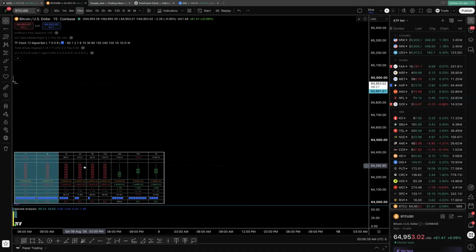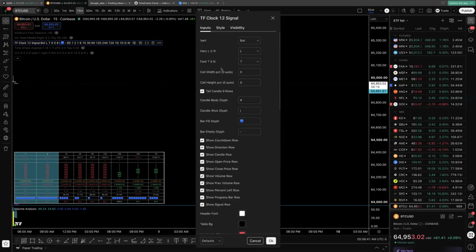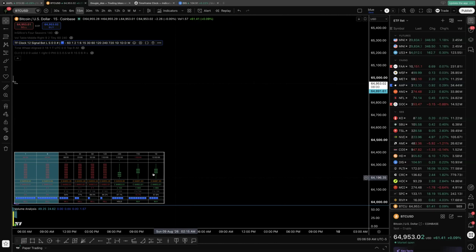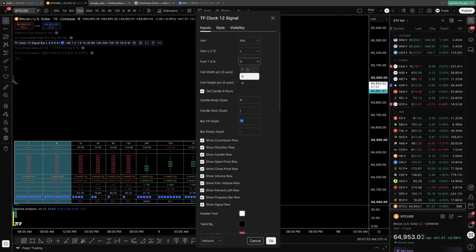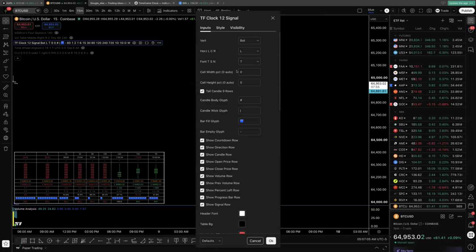But pretty much if I go to the settings, right, you can move it anywhere. So top, bottom, horizontal, left, center, right. The font you can make tiny. Like this is tiny, this is small, if it'll update. Yeah, but pretty much just keep it on tiny, and the cell width and the height you can change if you want. So this right here, if you want to make your sticks tall, you can, or if you have this off,